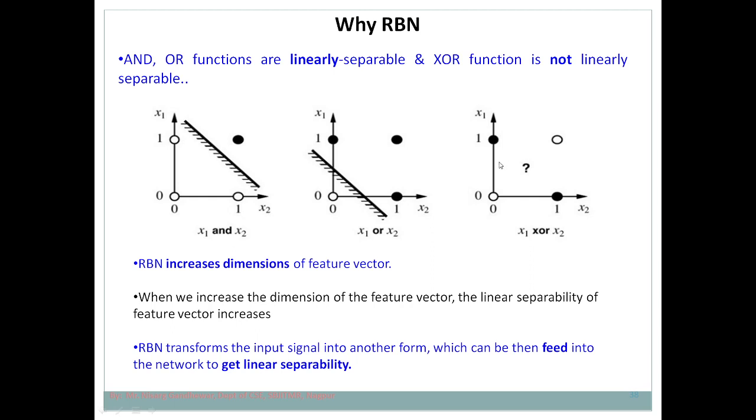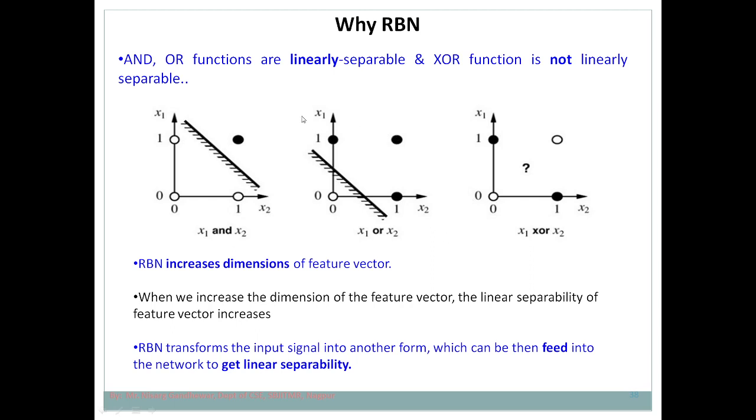But can we say that this is linearly separable data? Suppose we draw a vertical line, can we separate this? No. Suppose we draw a horizontal line, can we separate it? No. Suppose we draw a slanted line, then again can we separate it? No. So this is linearly not separable data. Whenever we have a classification problem, we want your dataset to be linearly separable. So suppose your dataset is non-linearly separable, we need to bring it to linearly separable form.